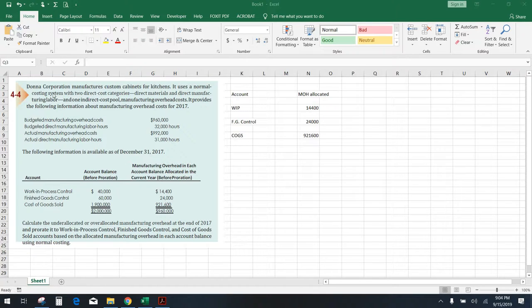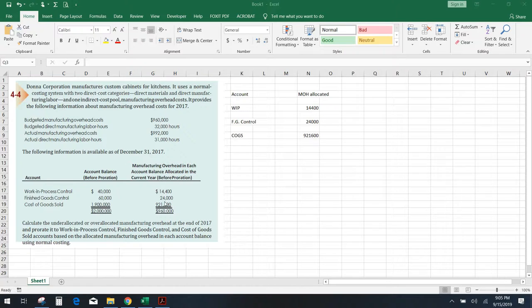It uses a normal costing system with two direct cost categories, direct materials and direct manufacturing labor, and one indirect cost pool, manufacturing overhead costs. It provides the following information about manufacturing overhead costs for 2017, and it gives us all this information here. The following information is available as of December 31st, 2017. It gives us the account balances before proration, and then the manufacturing overhead allocated in each account balance